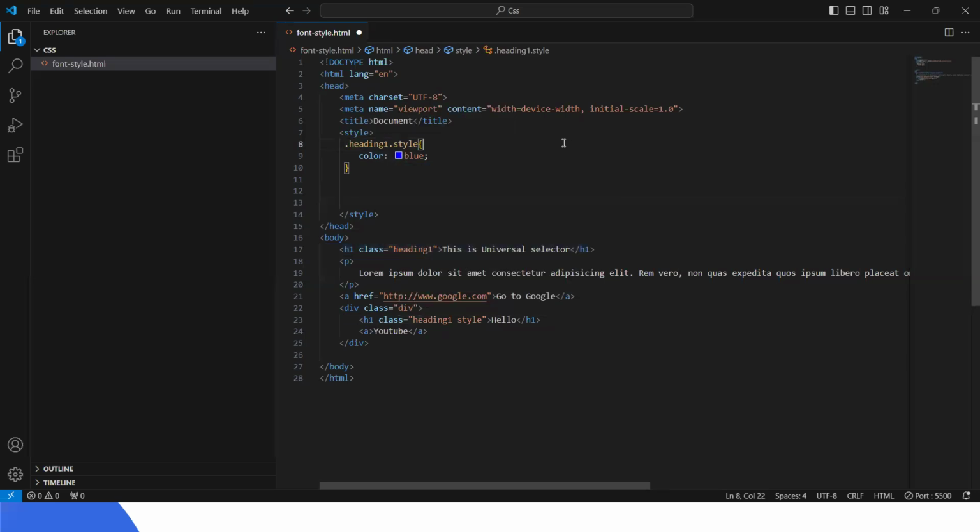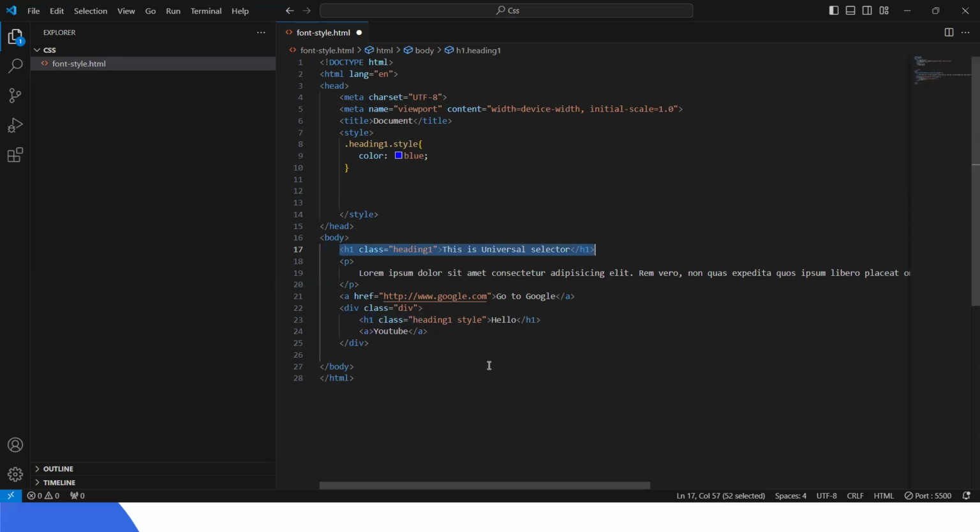But right now, we are only targeting the element that has the two classes. That means only this one would be targeted. This one will not be selected. We are selecting the element that has heading one and also has style as a class